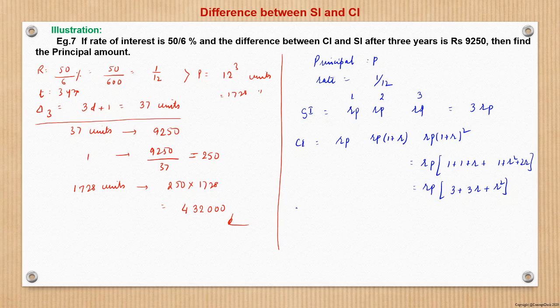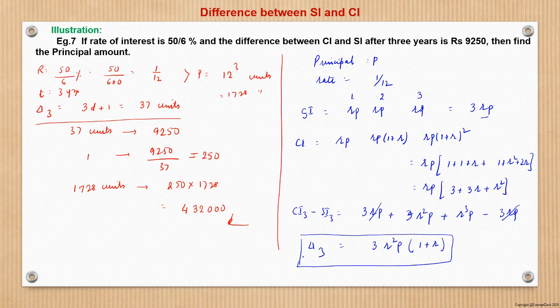So now if we see the difference, CI3 minus SI3, it will be 3RP plus 3R square P plus R cube P minus this 3RP. So that is nothing but 3 times R square P. I will take common 1 plus R, right? So this is the delta 3,